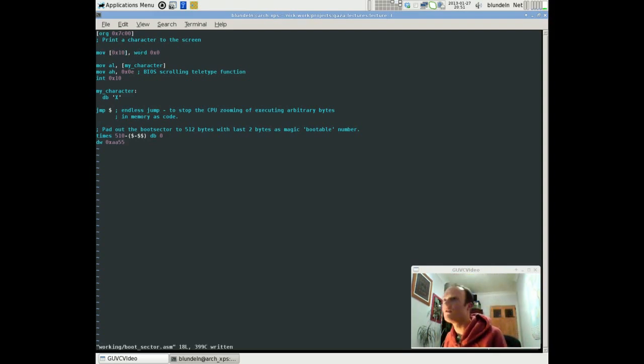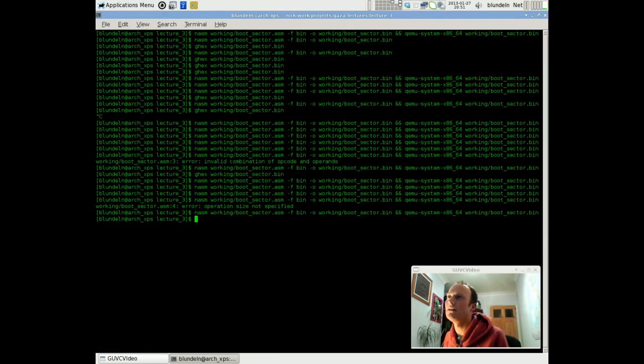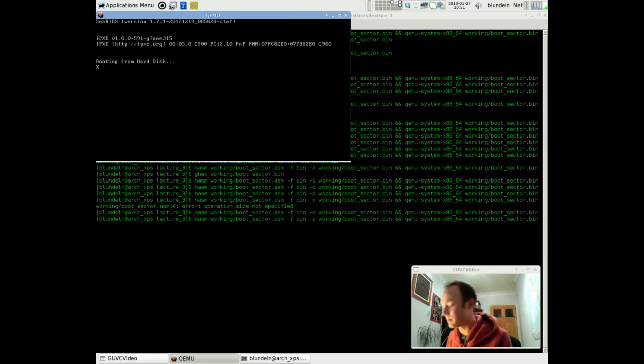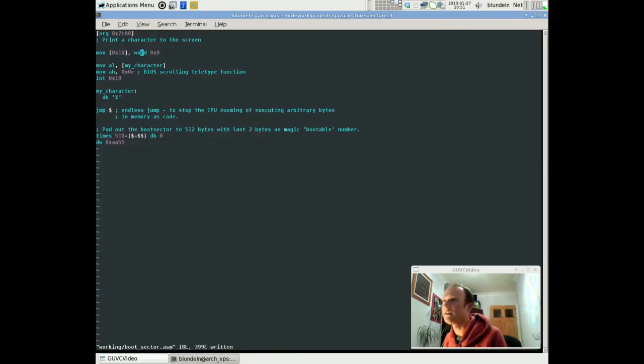So does this corrupt BIOS? Well, we saw that it didn't. Look, we still get the X there. Okay. So let's have a look. We need to understand how the layout of the table is. My assumption there was that the 10th